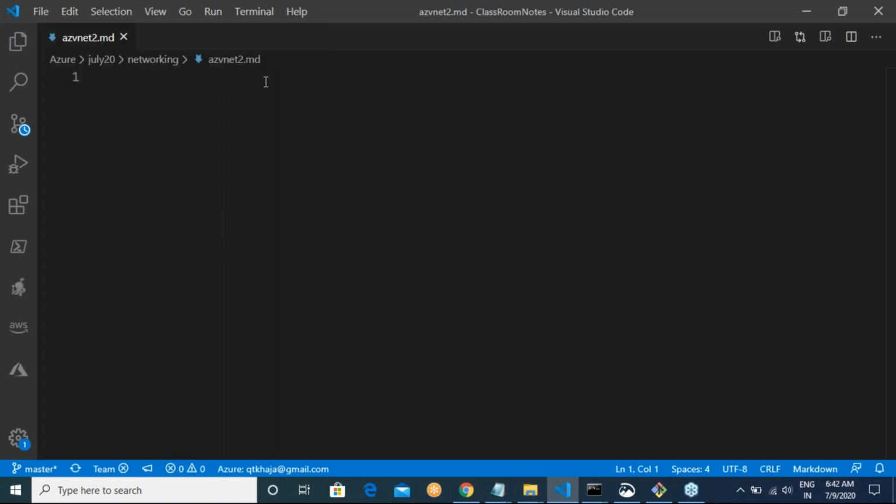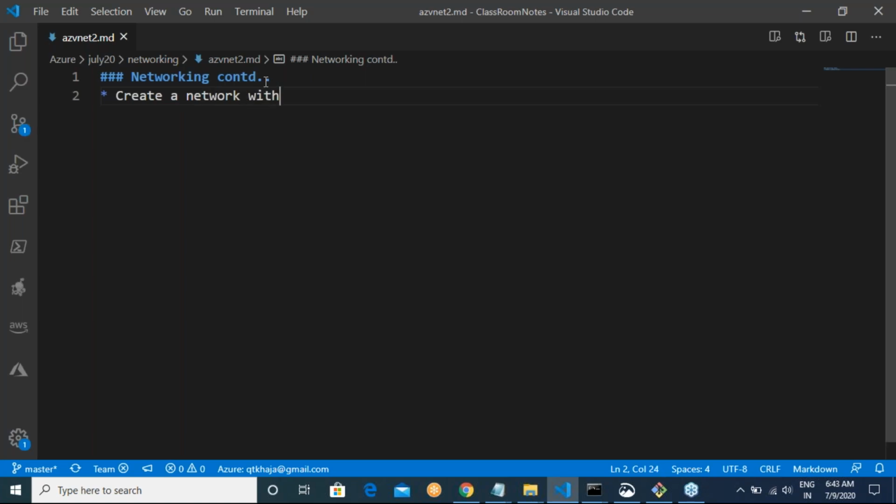Create a network with 2000 devices, or create a network which can help in connecting 2000 devices. Am I clear on this?